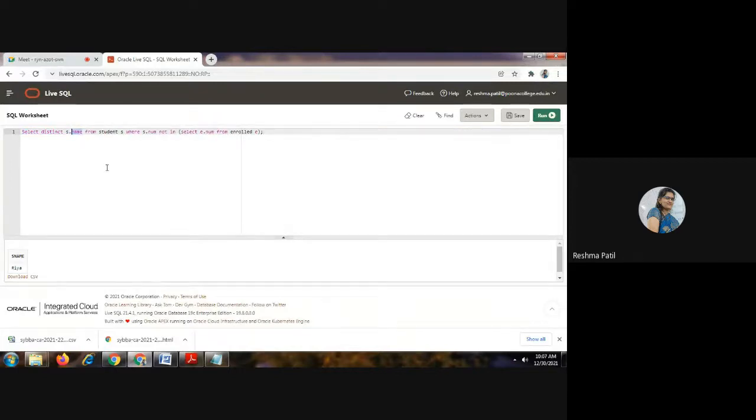So select student name from student where SID not in select. So here we will get the student IDs which we have inserted into the enroll table, and we have to check not.